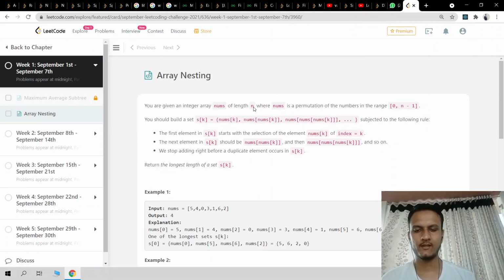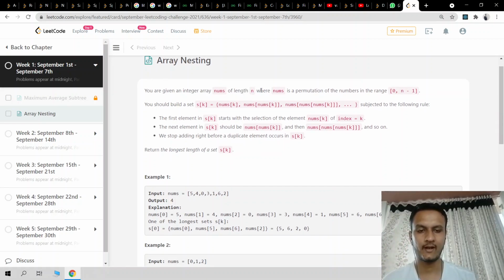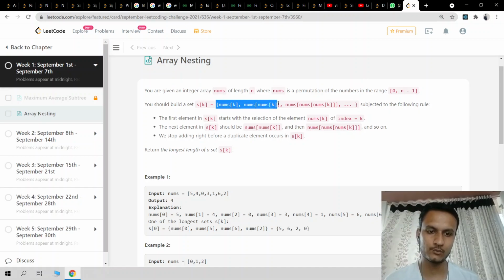So it is saying you are given an integer array nums of length n, where nums is a permutation of the numbers in the range 0 to n minus 1. You should build a set s[k] equal to nums[k], nums[nums[k]], nums[nums[nums[k]]], and so on. That type of set I have to build, subject to the following rule.